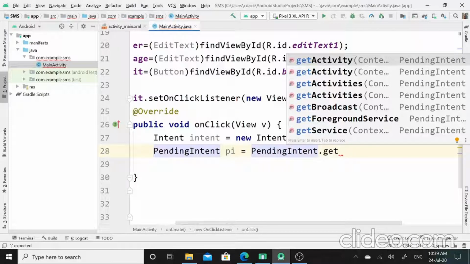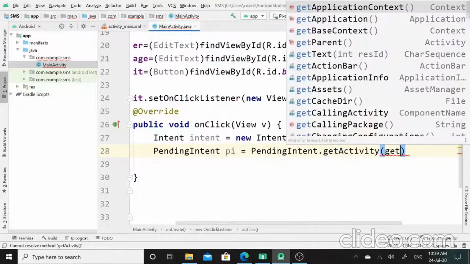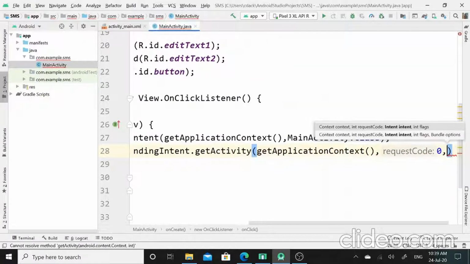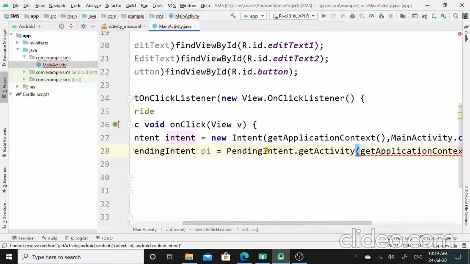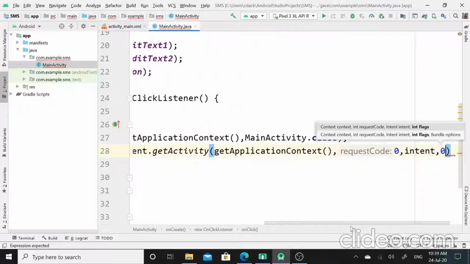Since it is a static method, I will call it with the help of PendingIntent class name. So this is getActivity method of PendingIntent class, and in this method I will send four arguments. First one is getApplicationContext, second argument is 0, third argument is object of the Intent class, that is intent, that I have created over here, and again next argument is 0.